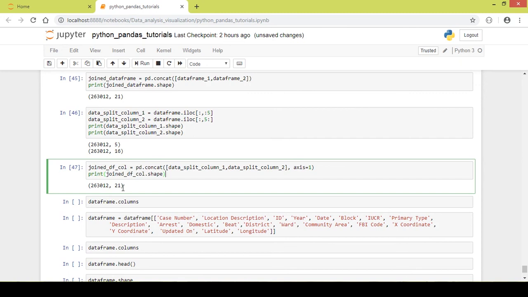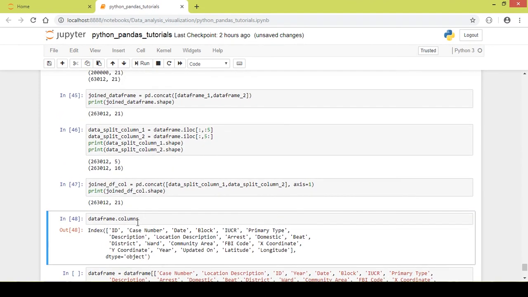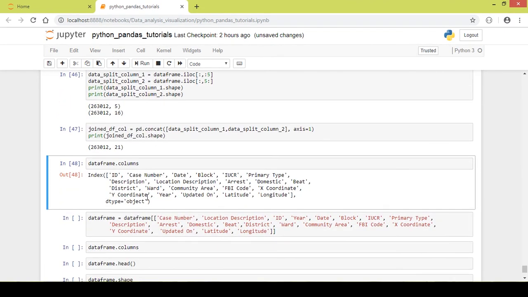In case you have a different number of rows in the two data frames, then you will definitely get an error. Next, I just see the column names of the original data frame that we used. Suppose I want to change the order of the columns. I don't want the ID to be the first column, I want the case number to be the first column. As you can see here,